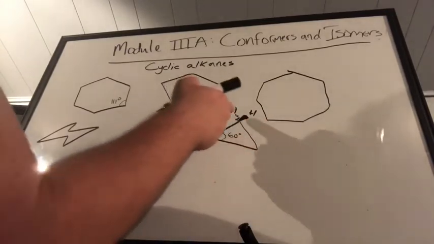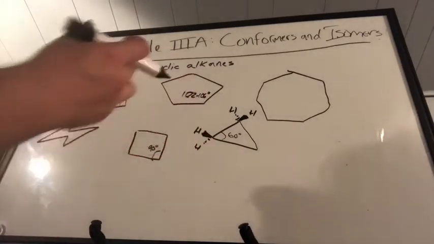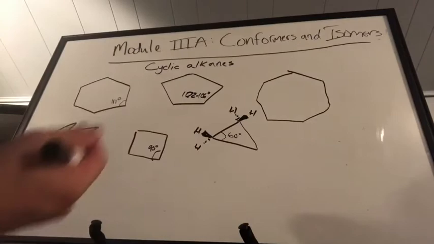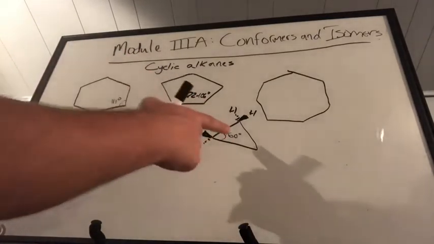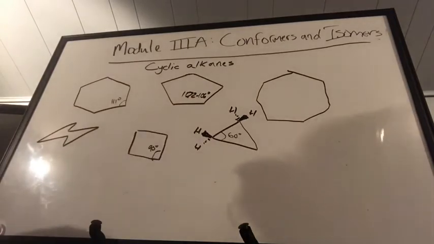Each one of these hydrogens that are going into the plane of the board are going to be eclipsing, just like all these on the outside are going to be eclipsing. So it's going to be a highly strained ring system, and also that 60-degree bond angle really doesn't help, okay,